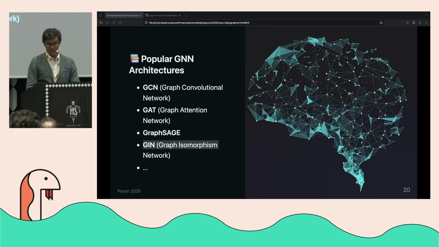And then you have also isomorphism networks, which are trying to learn the structure of the whole graph at different scales using perceptrons, really. And they can be used to detect changes over time in a graph, which could be useful, for example, if you're running some sort of problems in the space of fraud detection, because fraudsters tend to evolve in terms of their behavior.